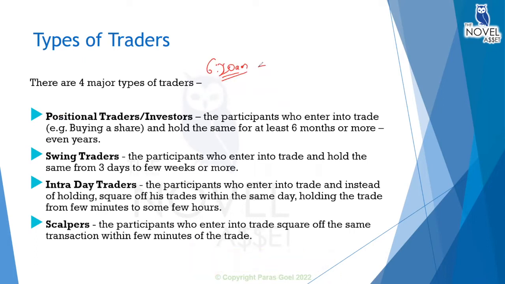But when you are buying BTC at 6:15 or 6:20 a.m. and selling the same at, let's say, 7:15 a.m., then you are a scalper or an intraday trader. So basically, we are going to focus on intraday trading, so that we do not hold the risk for the next day.